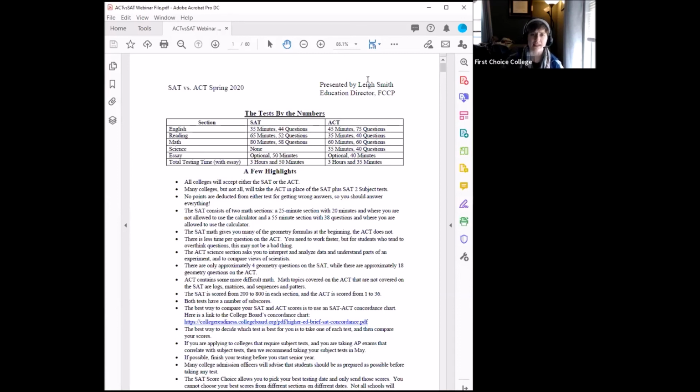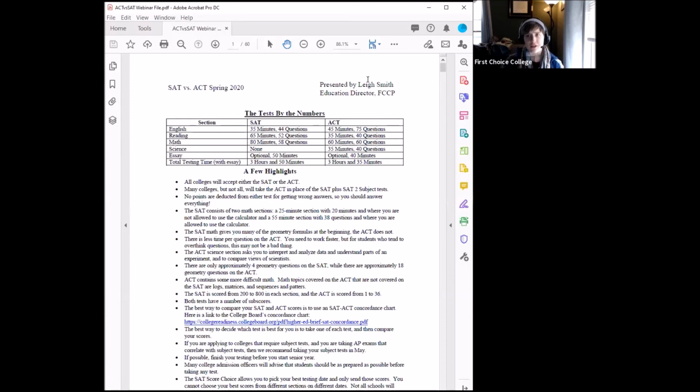And all the studying that they've done, all the work in terms of the content, is going to carry over to the ACT. Grammar rules don't change between the two tests. How the math questions are asked is going to change, but practicing algebra is going to help you regardless of which test you're taking. So even if a student has been on a track to prepare for the SAT, that doesn't mean they shouldn't take an ACT and think about switching over. Most of them will take both.